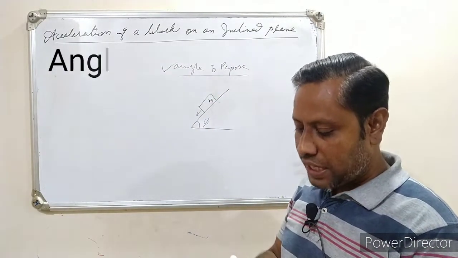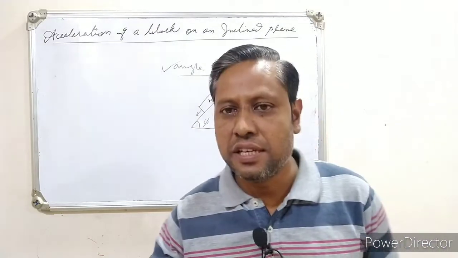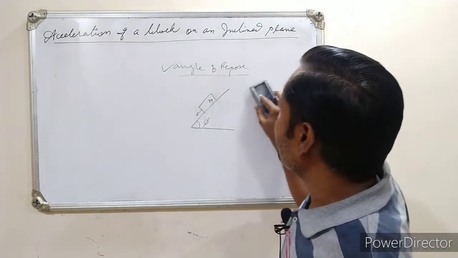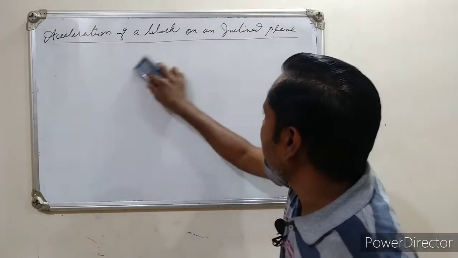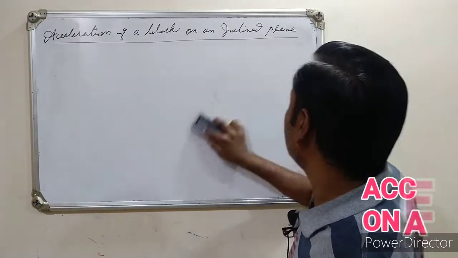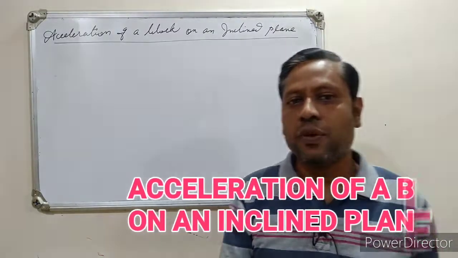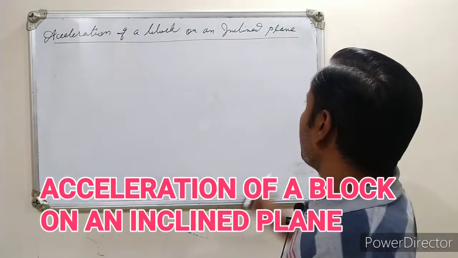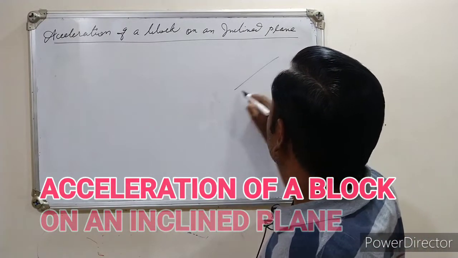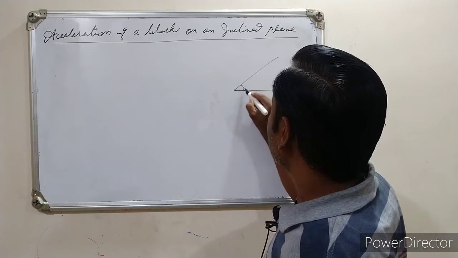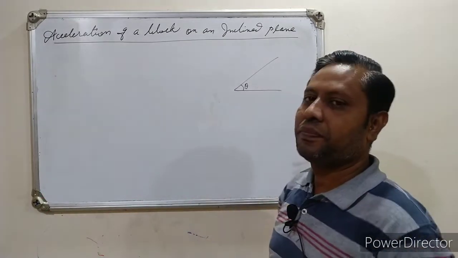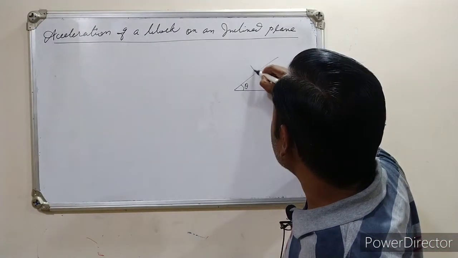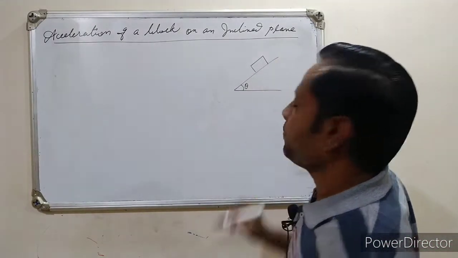So if the angle between the inclined plane and the surface is more than the angle of repose, in that case what is the acceleration of the block kept on that surface? That is what we have to find out. So let's see. For simplicity, let me draw the diagram first of all. Let us say this is the inclined plane making some angle, theta, with the horizontal, and the block is kept over here like this.